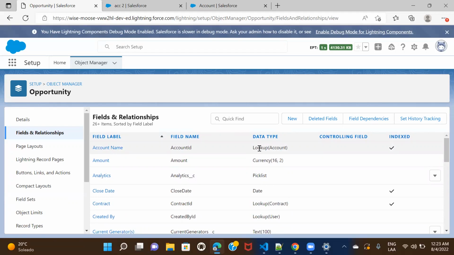So if you have one account and three opportunities, and if you delete the account, all the opportunities will get automatically deleted. So the cascaded deletion will happen. That only happens in master detail, although it is related to each other via lookup, but it acts as master detail. So now the question is whether we can create a Rollup summary field on account for contact and opportunity or not,